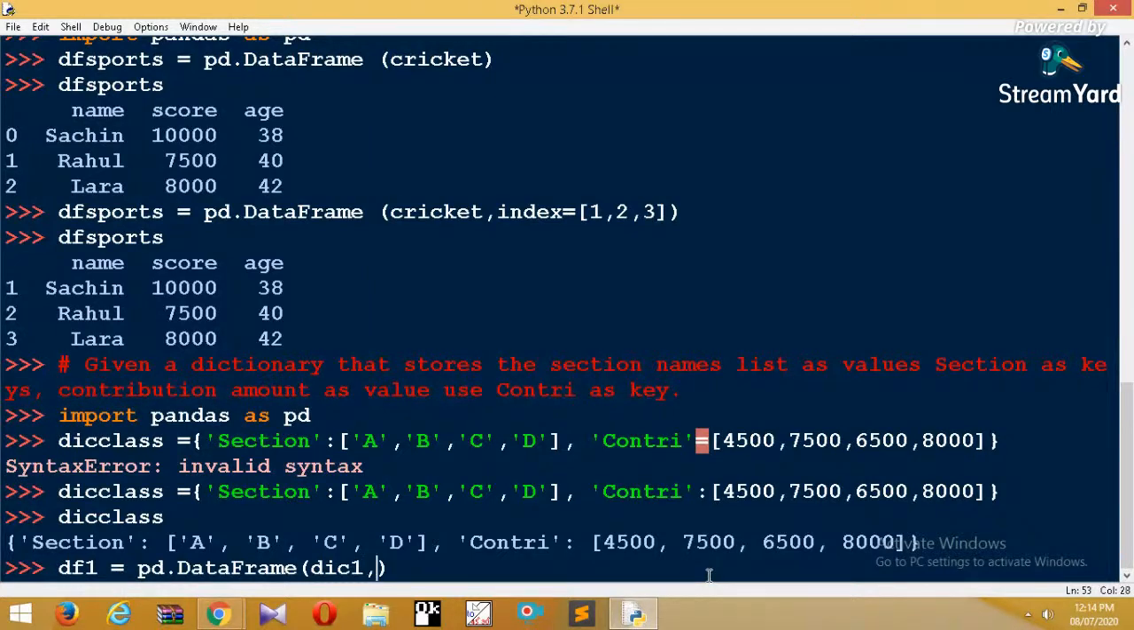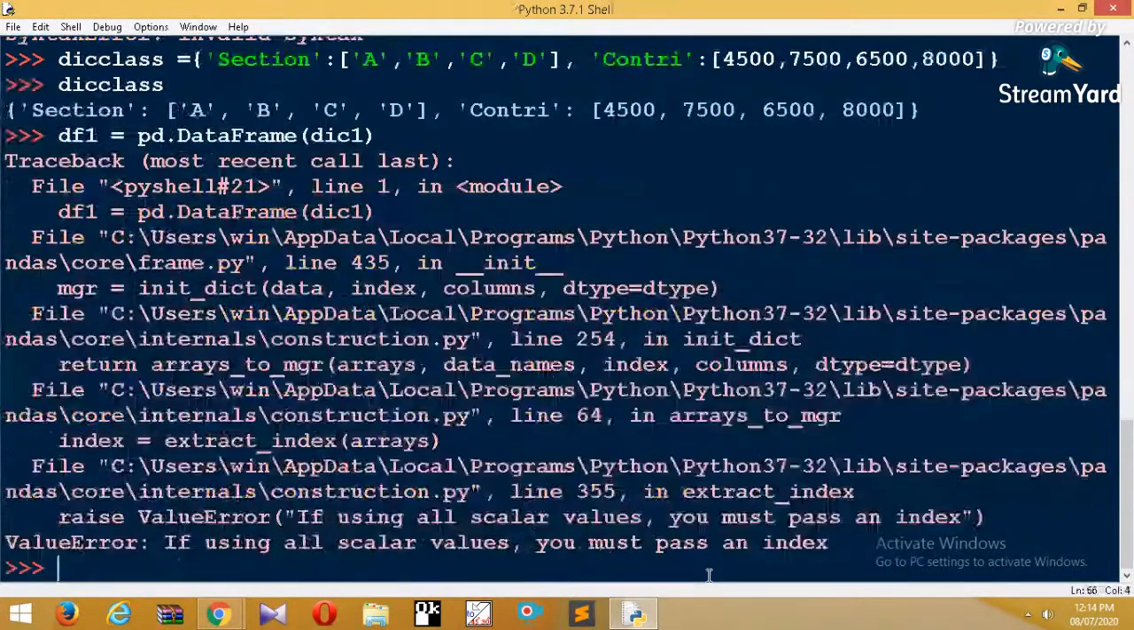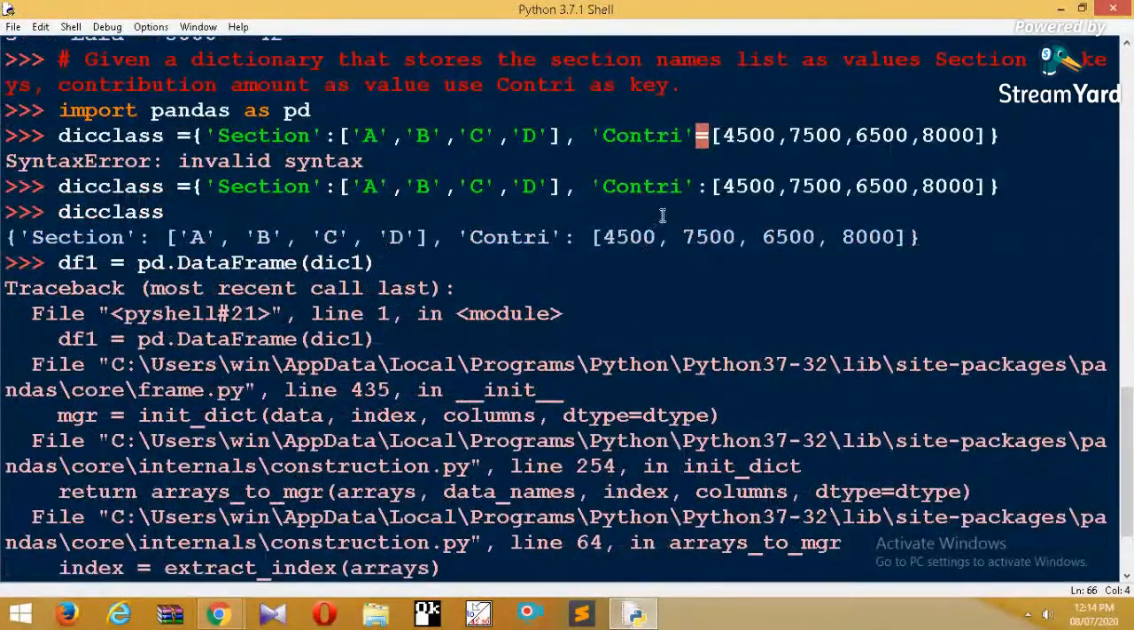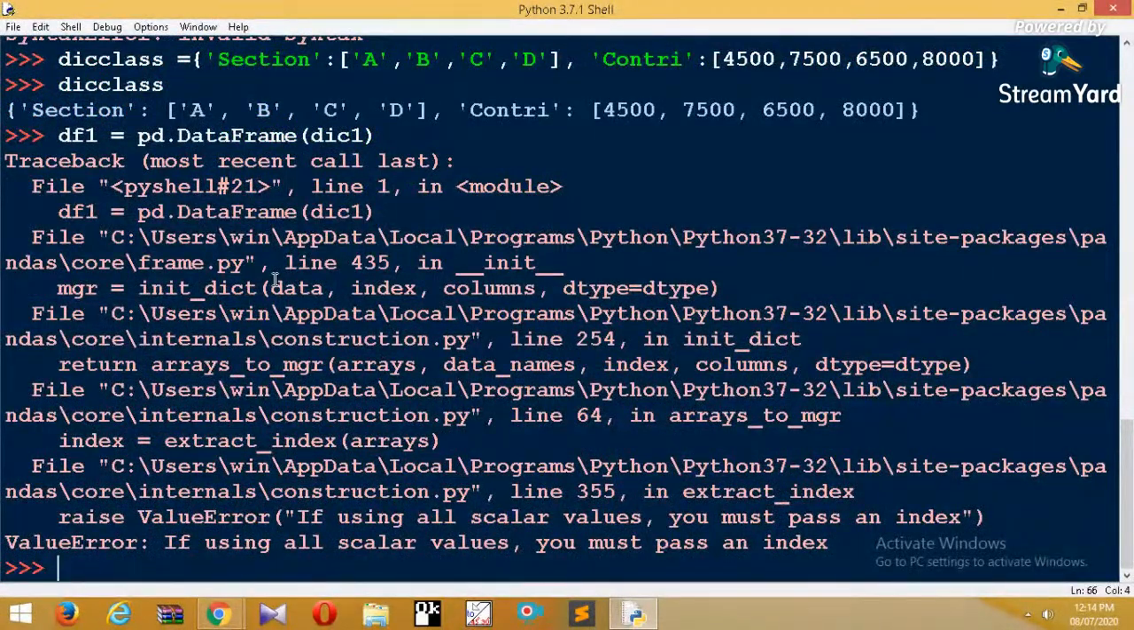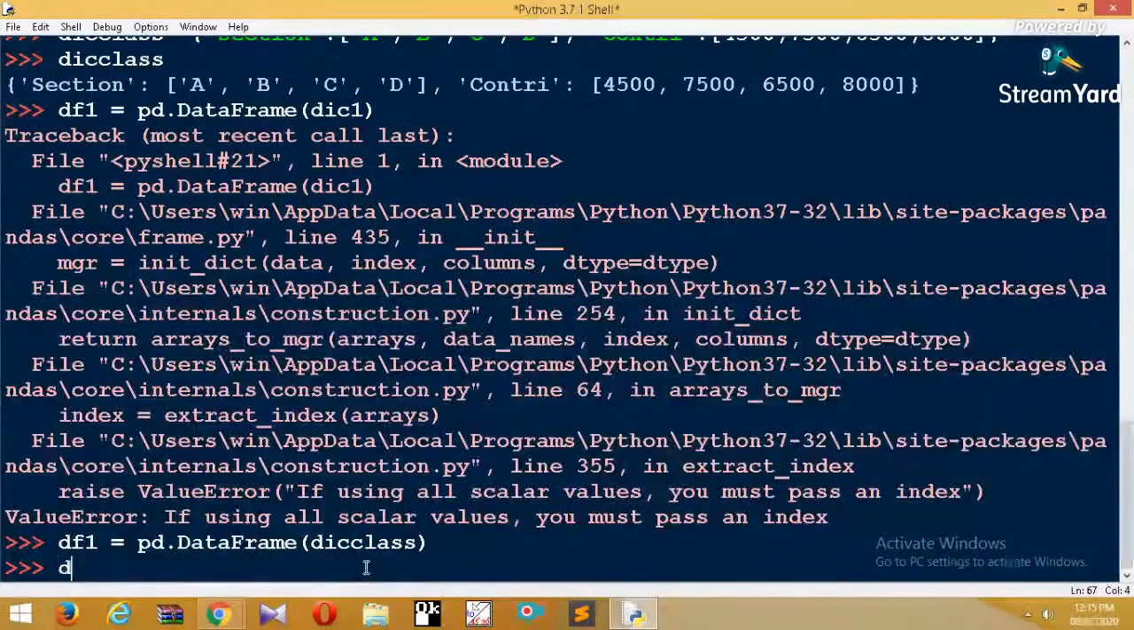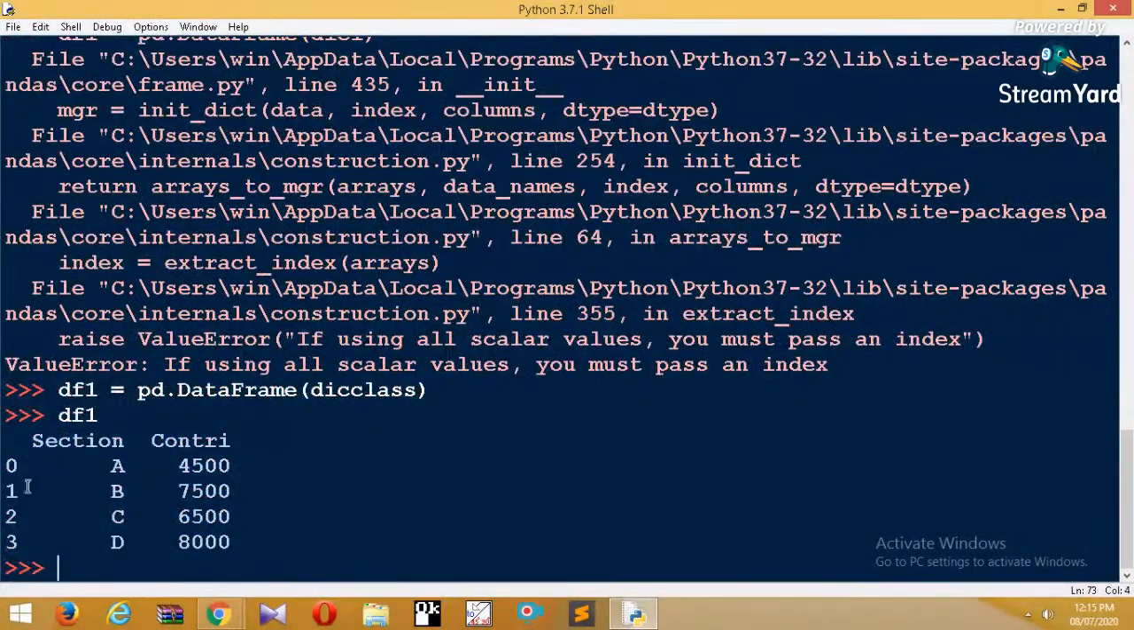But here I want to display, okay, let me first show the default value, the default index. So again, here also the same issue is coming, that means section and contribution, it is asking for a scalar value. If using all scalar values, you must pass an index. It means whatever section and contribution has, it has a single value. Sorry, I've just passed D1, that's why in place of this we have to pass the class, so it will display like a proper data frame. So now you can see that it is coming like a proper tabular